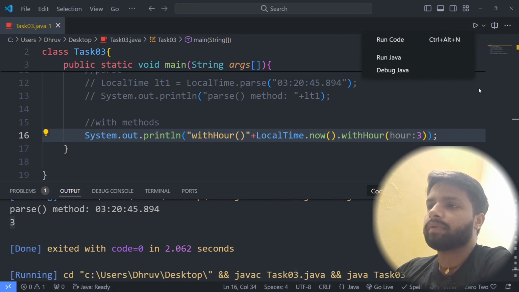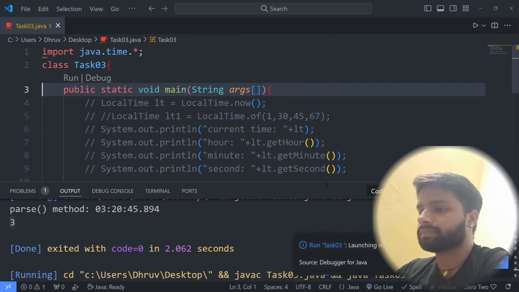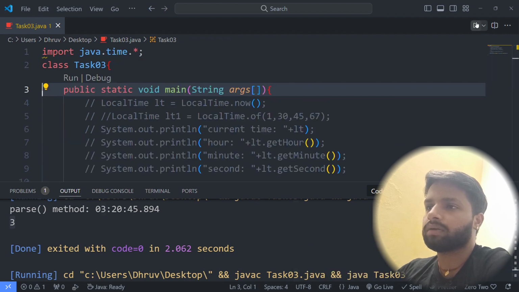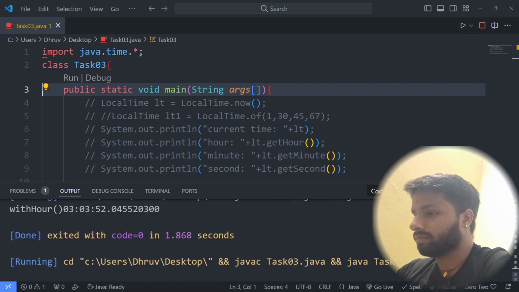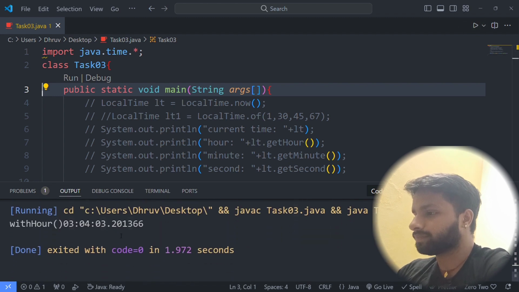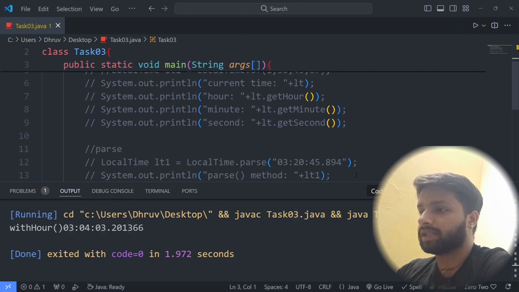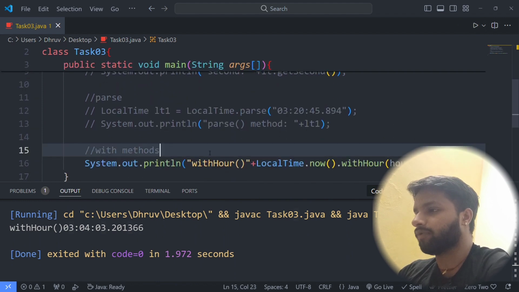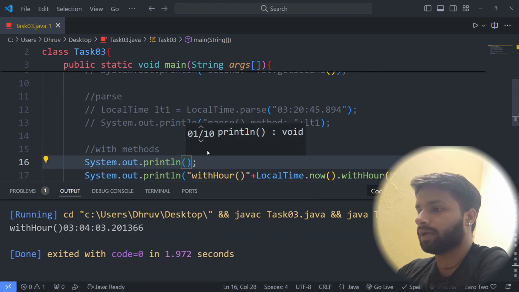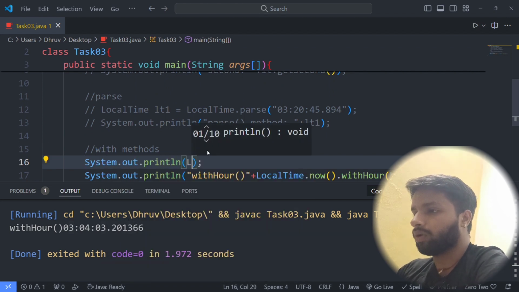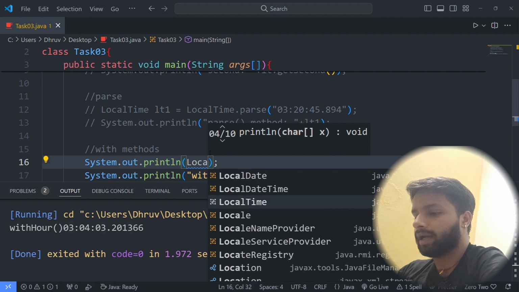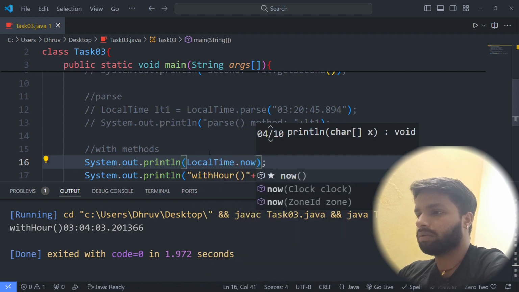Let me print the current time as well, so you can see what is happening here. LocalTime dot now.